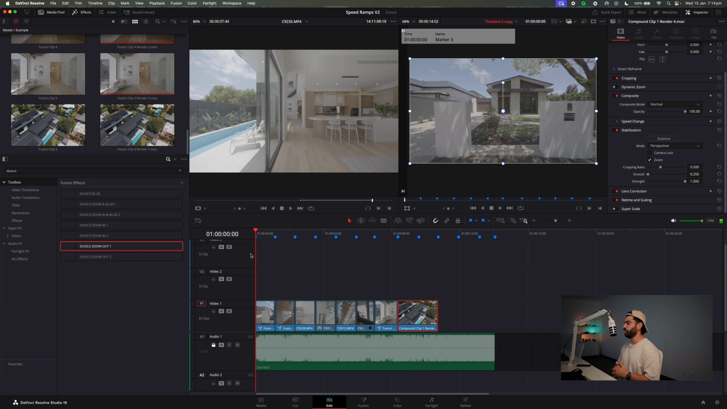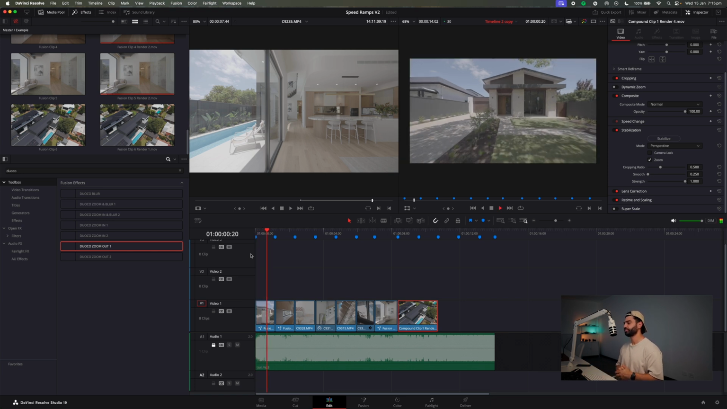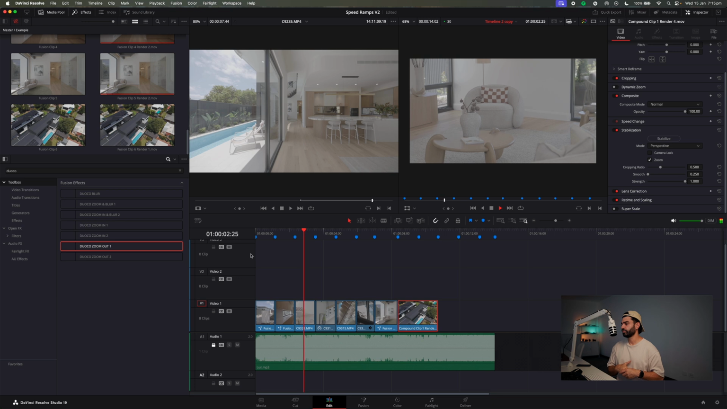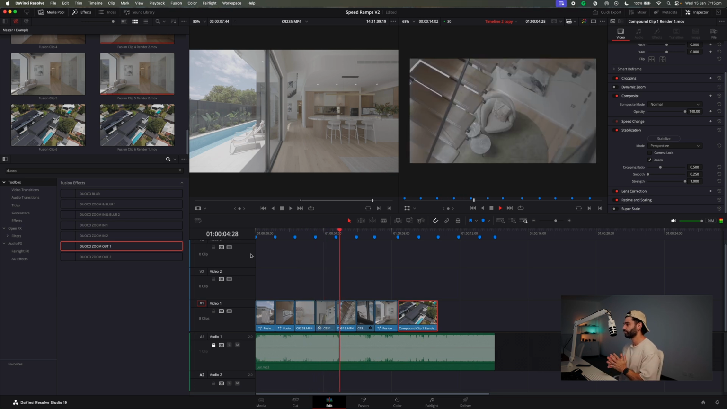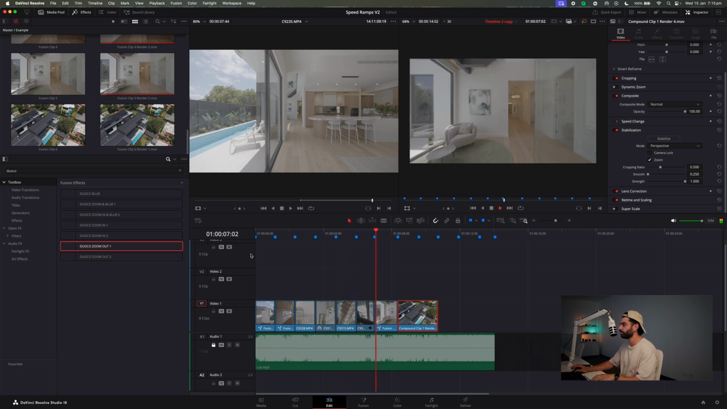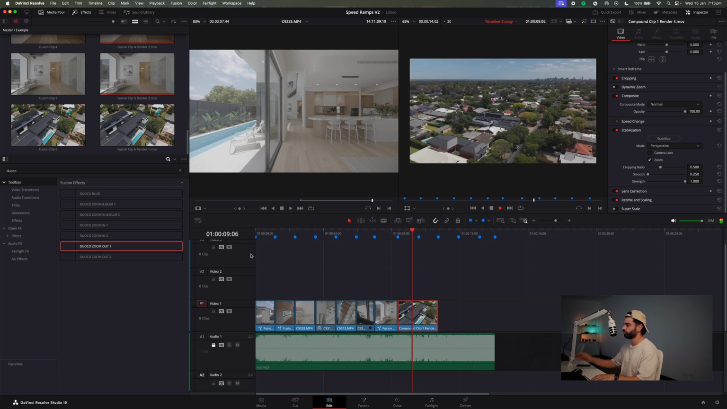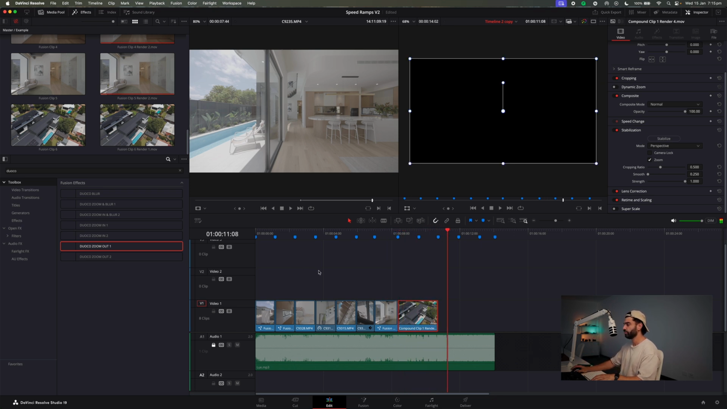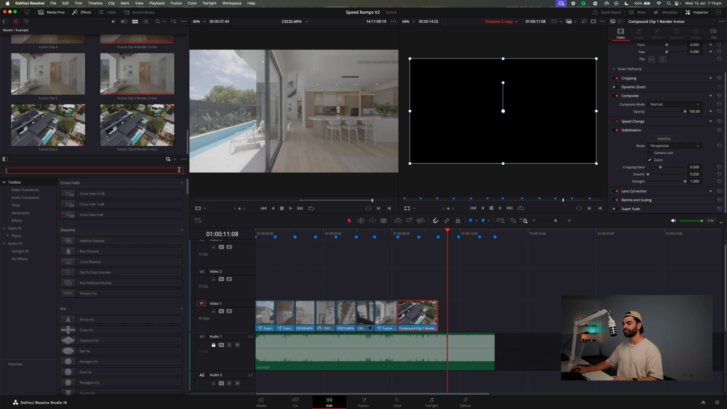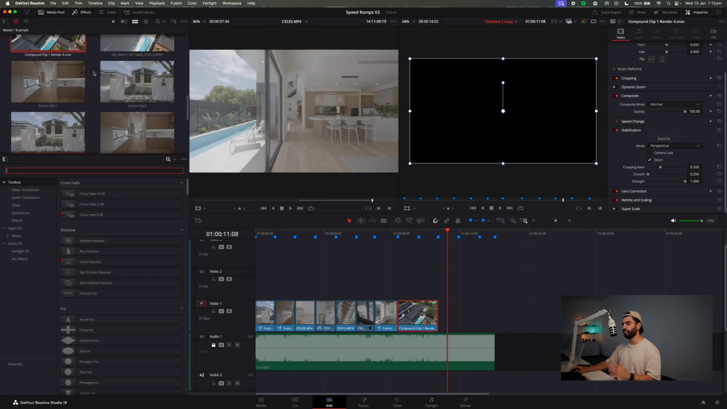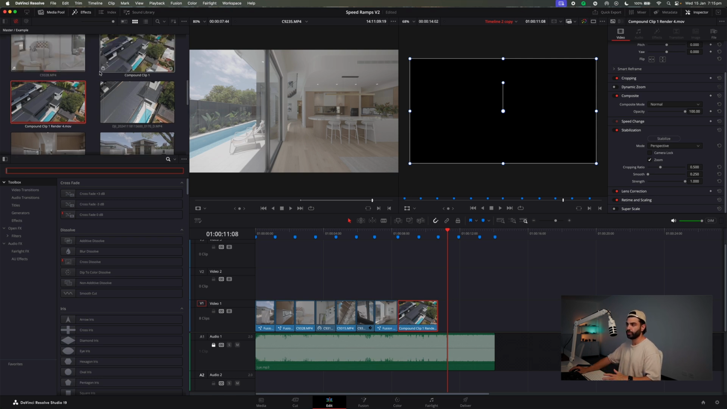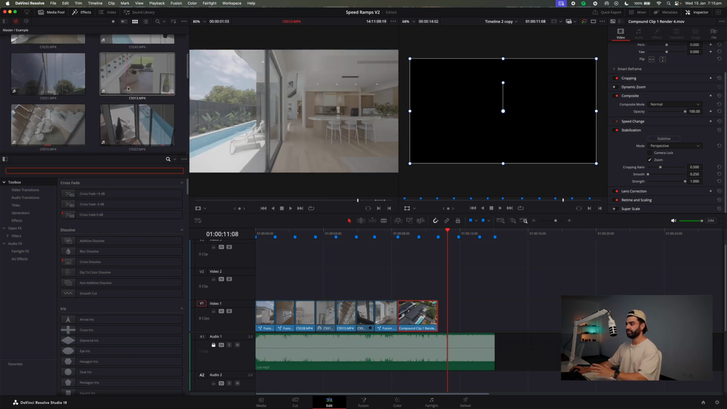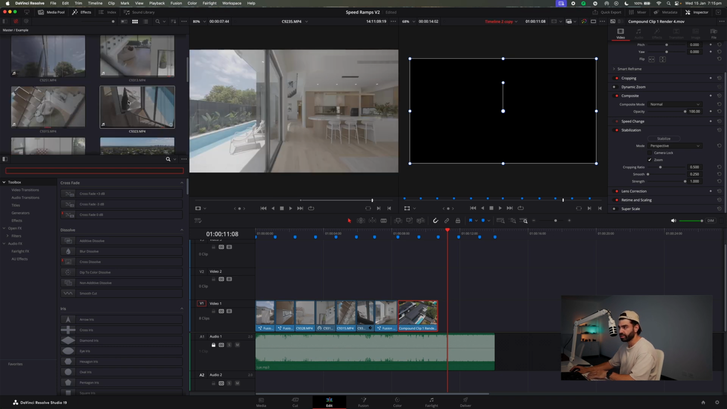Now let's watch back what we have created so far. That is looking good so far, so let's keep adding to it. Next up is the pool shot. Now you've told the viewer we're going to the pool. They've seen the pool previously, they've seen it in the drone shot, so let's head to a pool clip,